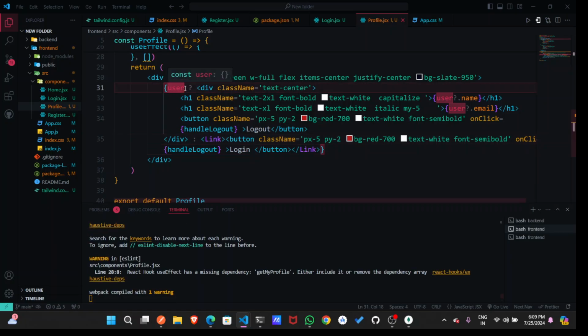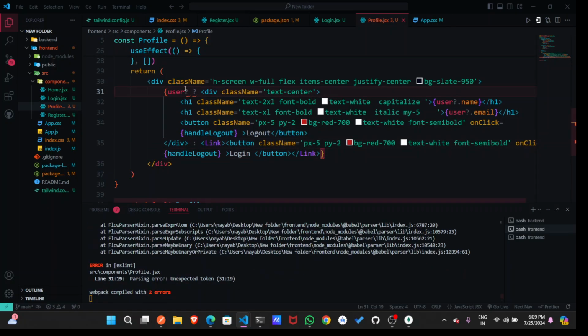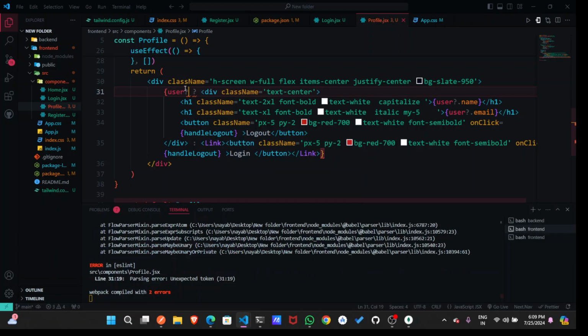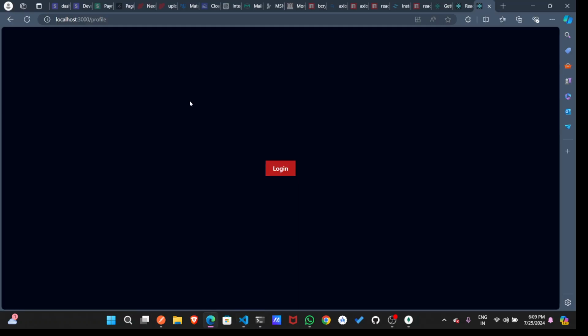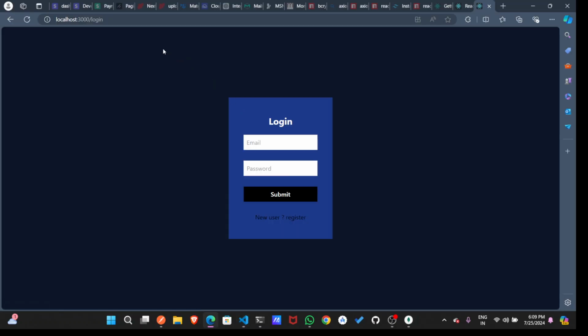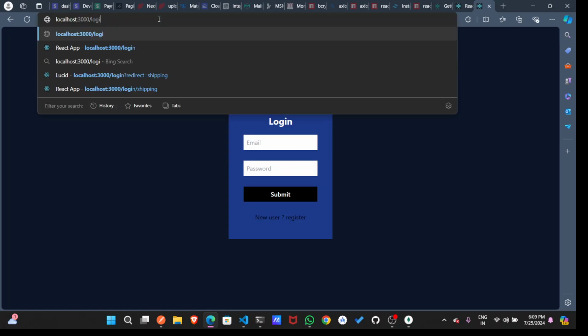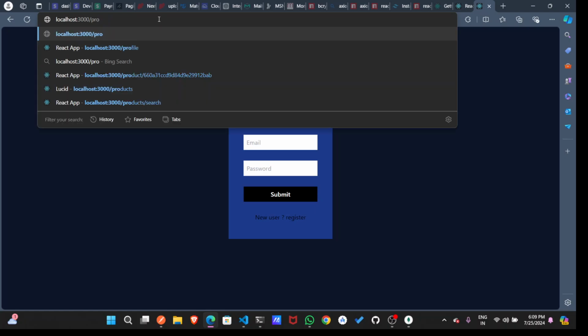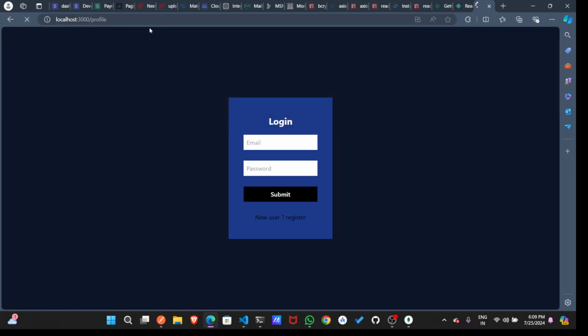So user name. Let's see, yeah, it's login. If I go to the profile page, yeah, if I go to the profile page, we are getting this